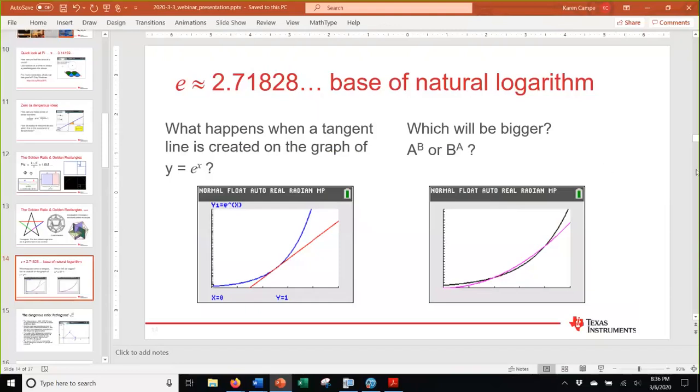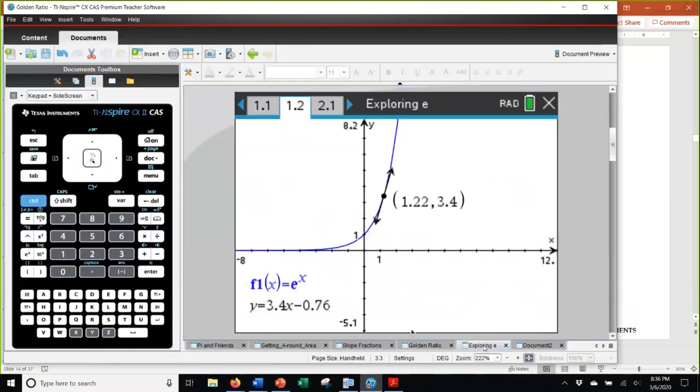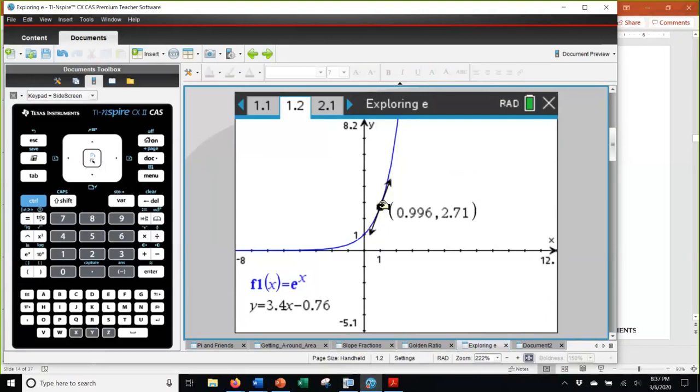First of all, I just will share with you that we have some quick calculus ideas for e. And if you take the graph of e to the x and graph the tangent line, you will notice something interesting about the equation of the tangent line and the coordinates of the point of tangency. So think a minute. Do you see anything about the equation of the tangent line and the coordinates of the point of tangency? And then I'm going to move this along. Do you see anything interesting now? You can ask your students, what do you notice?